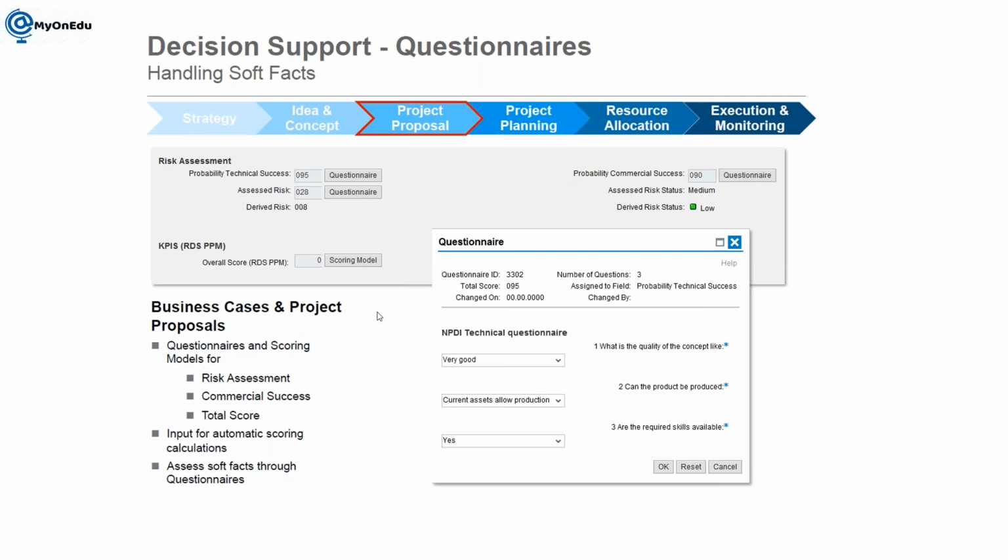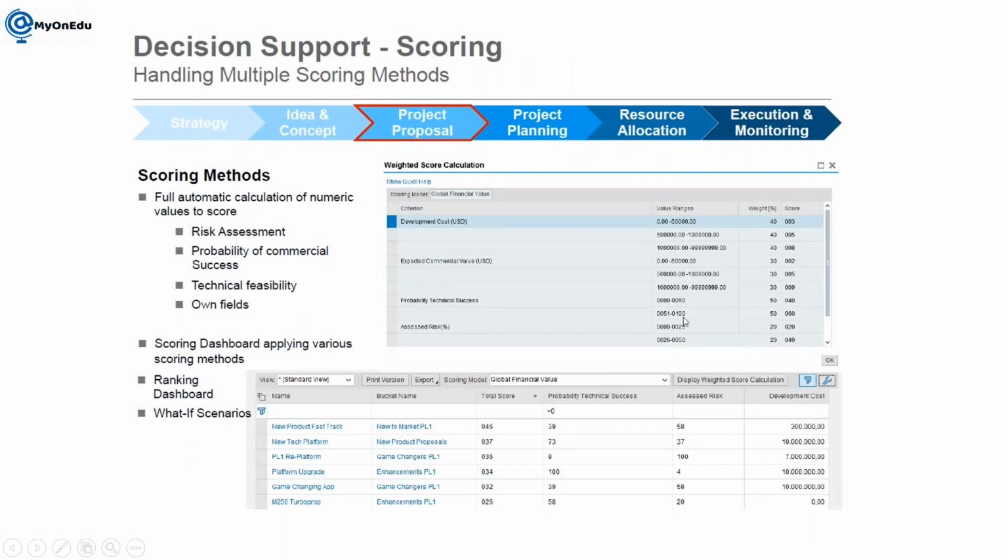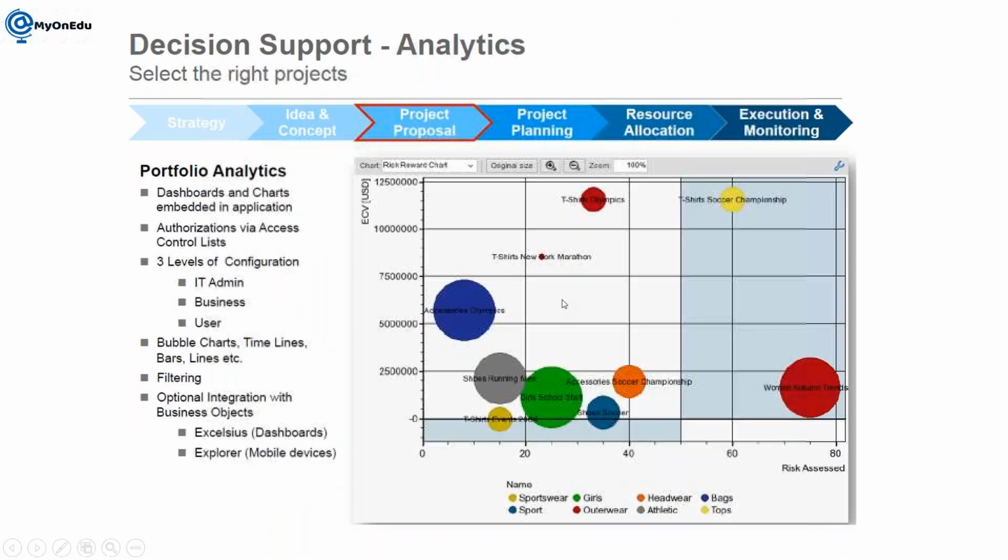Okay. So next, when we are going for the project proposals, you are having scoring models. Scoring models also help you to know the scores, and based on that you can rank and define that this particular project is suitable for you. Okay, and then when we go to the next level, here in analytics, you can see the dashboard and chart embedded